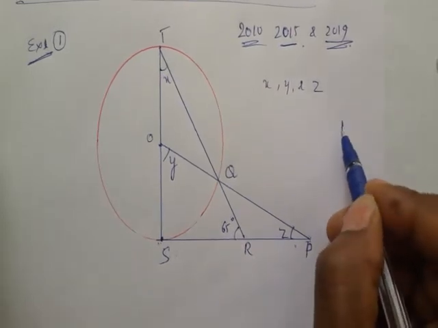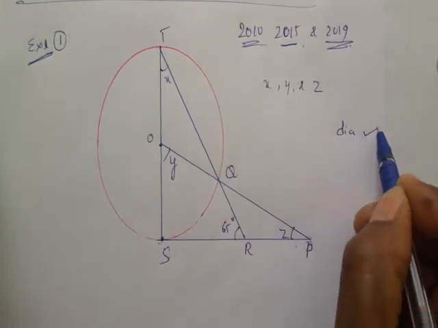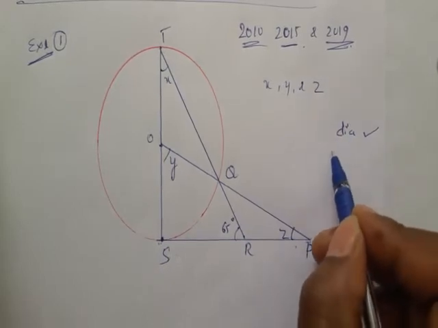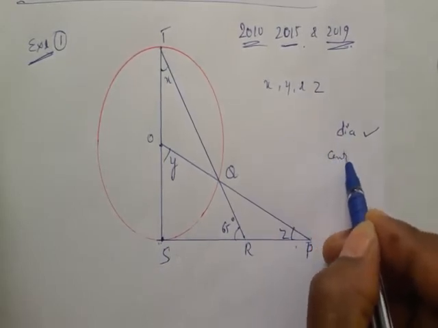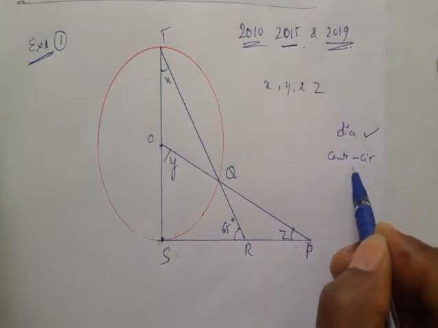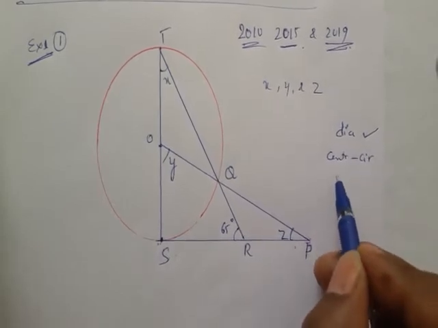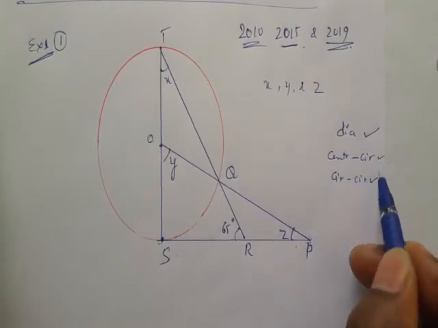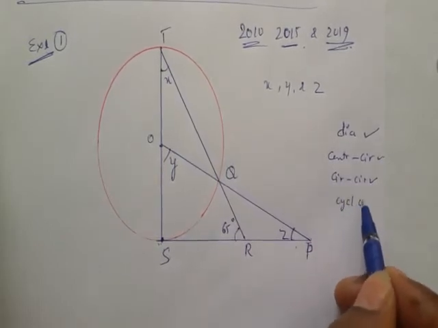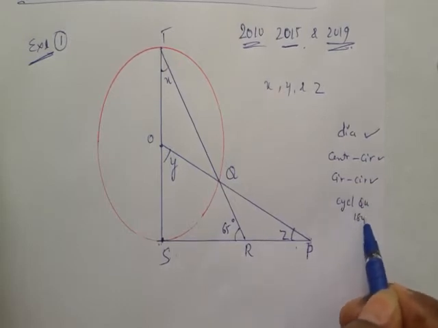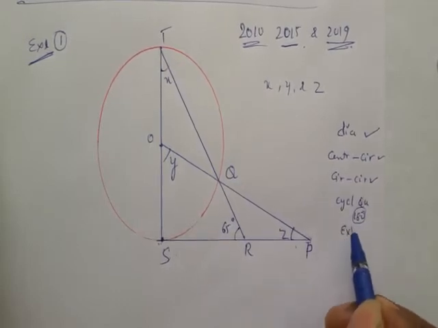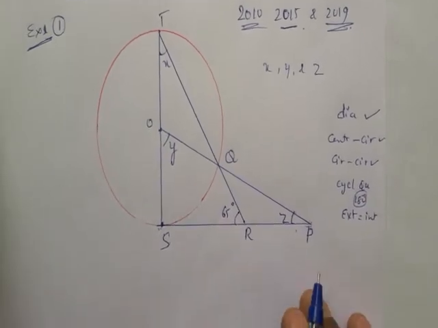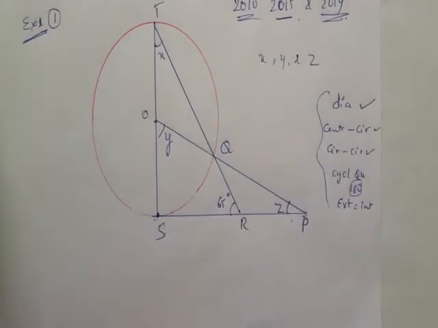The first one is, as you know, diameter is given 90 degree. Do you remember? Diameter is given 90 degree. Center and circumference angle is double in relation. Next is circumference and circumference both are equal. Next is cyclic quadrilateral is given, they are 180 degree. Exterior angle in cyclic quadrilateral is equal to interior angle. Got it? These 5 are the theorems from circle.